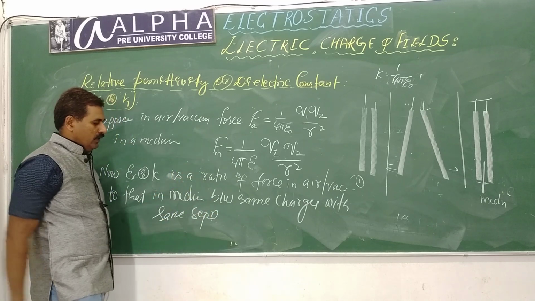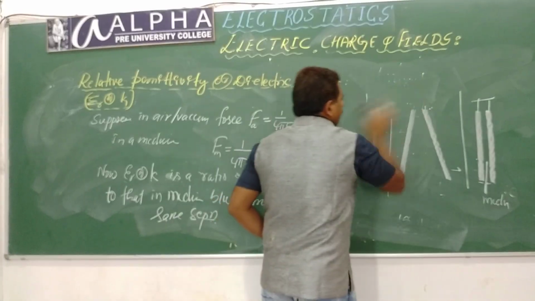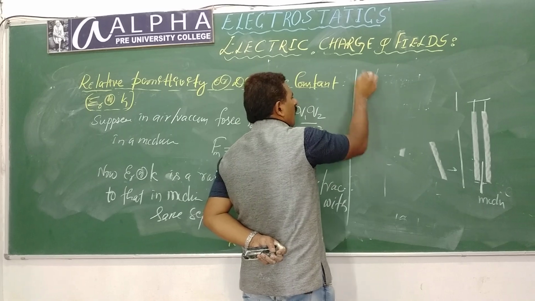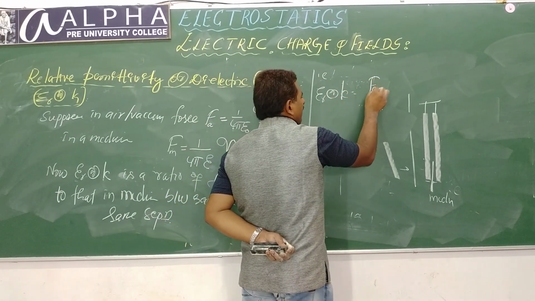I am writing like this to save video recording time, right? Now if I write that ratio epsilon r or k, it becomes FA divided by